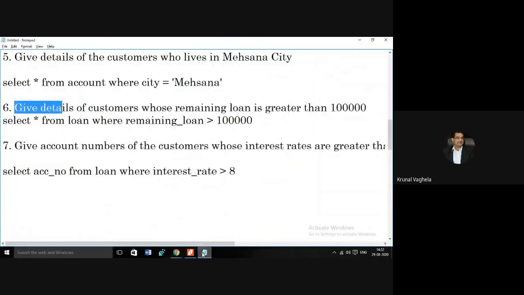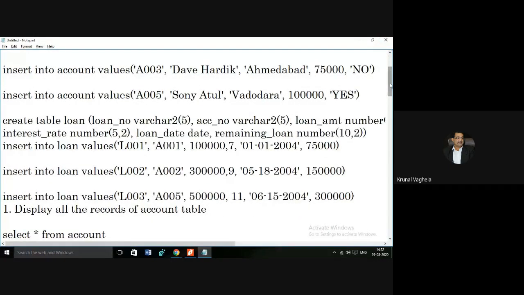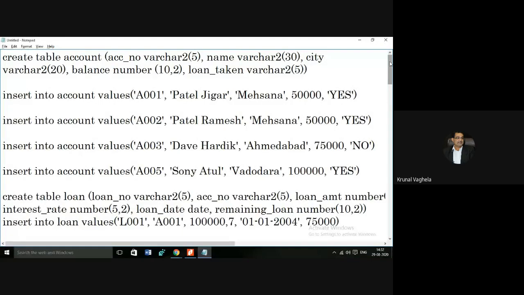Now someone was asking how to submit. This notepad you need to create like this. If you can directly convert this notepad into PDF, that is fine.